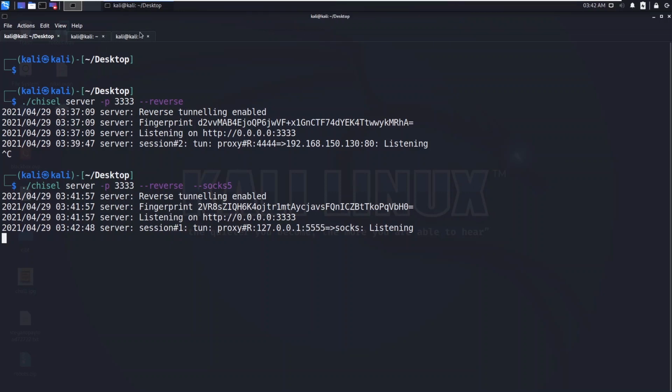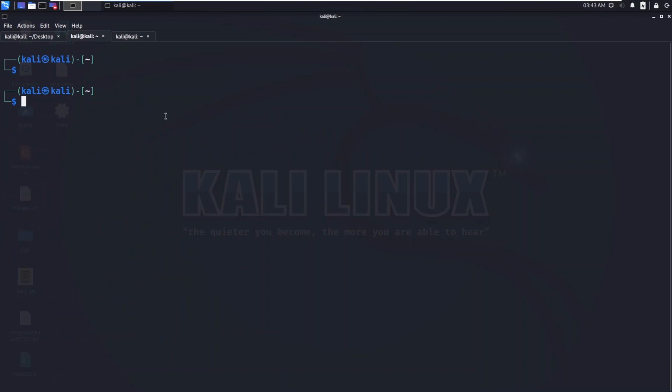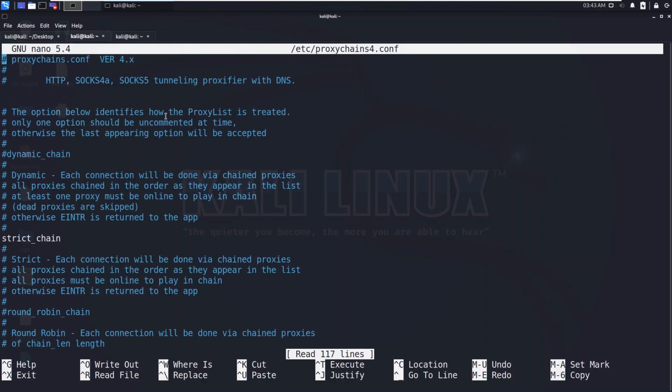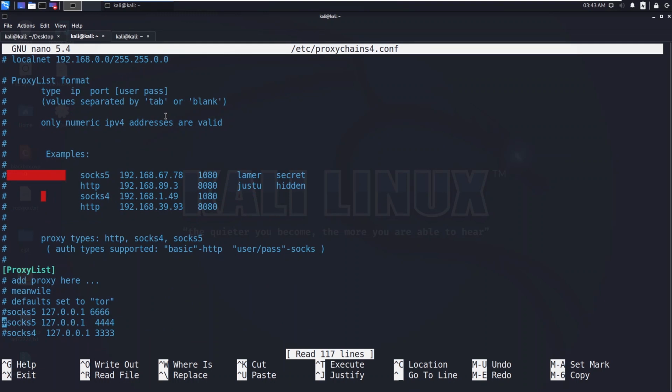So all you need to do is, in your Kali Linux machine, you need to edit this /etc/proxychains.conf configuration, go to the ending, and add this line: socks5 localhost and the port number 5555.